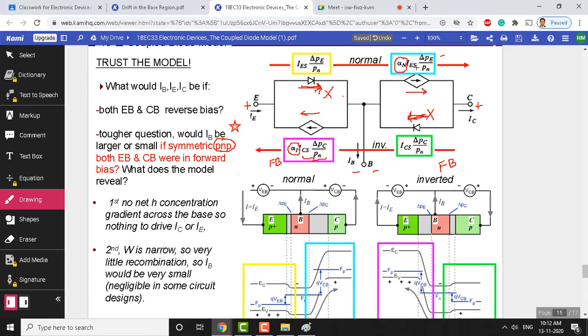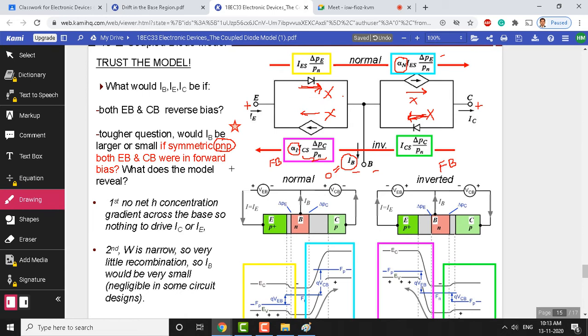Similarly, the current collected by the collector from the emitter, this current here and this current here, also cancel. What is the net current now flowing to the BJT, the base current? Do you think it is a large value? This current must be 0 now, because for equal doping these two currents cancel each other. Therefore, the resulting base current will be 0.